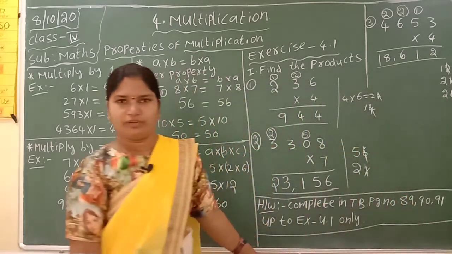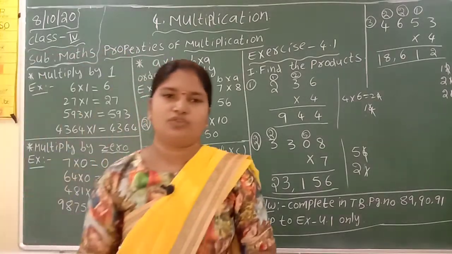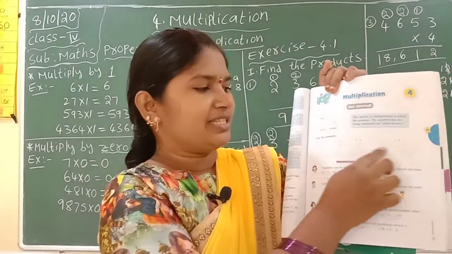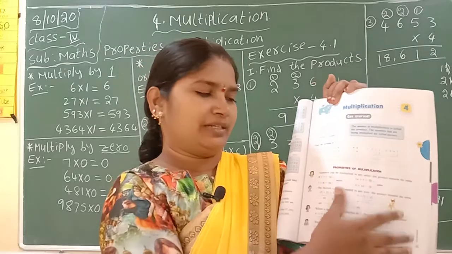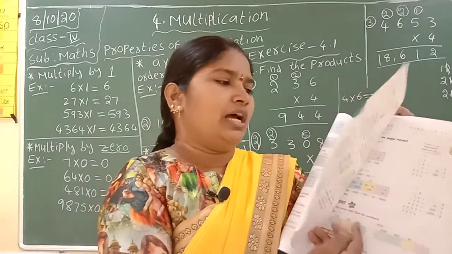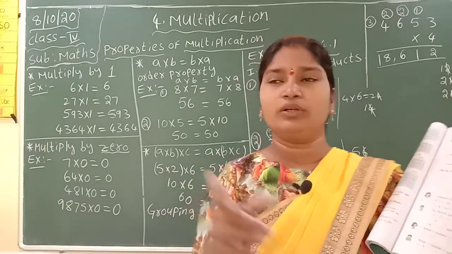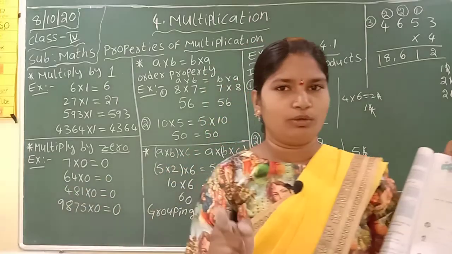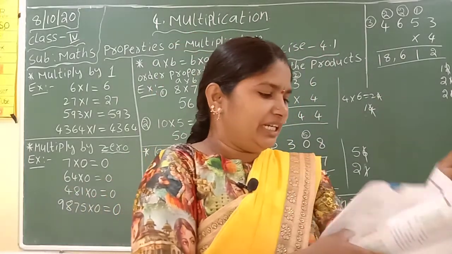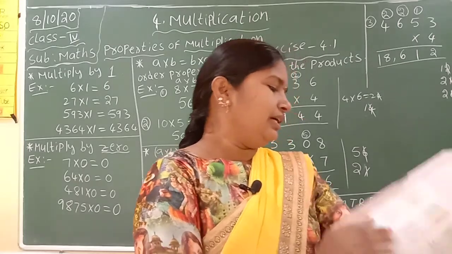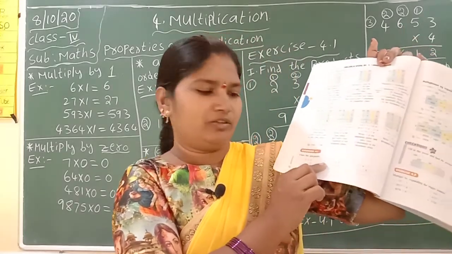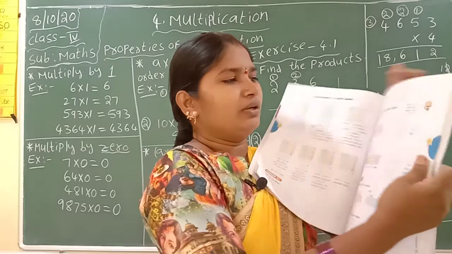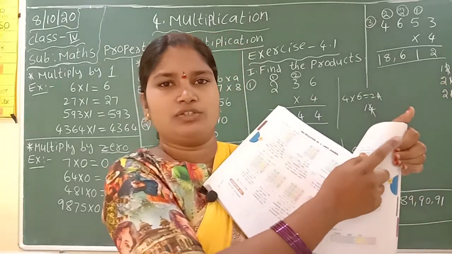Okay children, this is your homework today. After the class, open your textbook and see page number 89, multiplication. Get started. Some bits are there. You have to finish these bits. Then read the properties once. After that, you have to take your maths notebook, write down the chapter name, and copy all these properties with examples in your notebook. Okay. Then open the next page, that is page number 90, exercise 4.1. You have to multiply and finish this one and up to this one here. Okay children, up to here only you have to finish. This is your homework today.